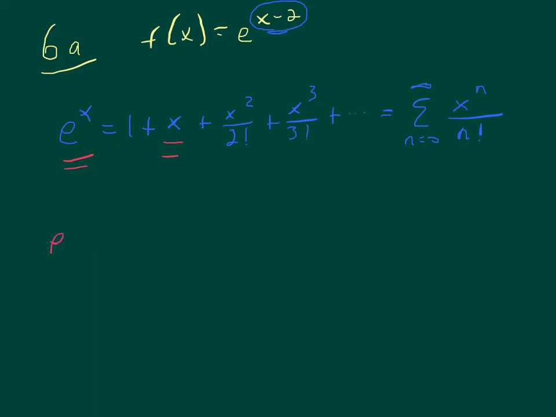So e to the x minus 2 should then equal 1 plus (x minus 2)